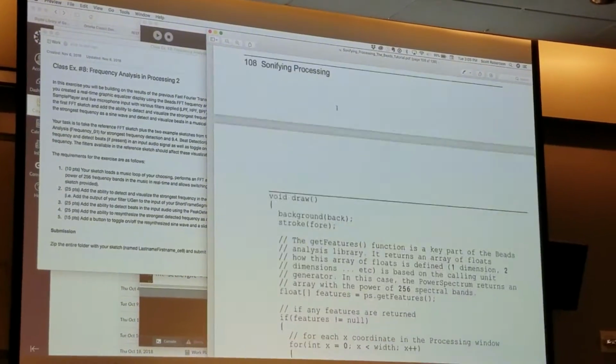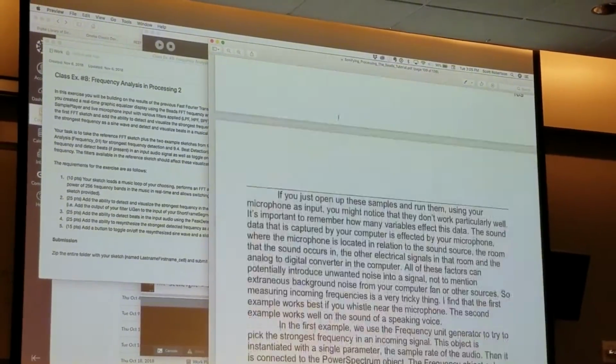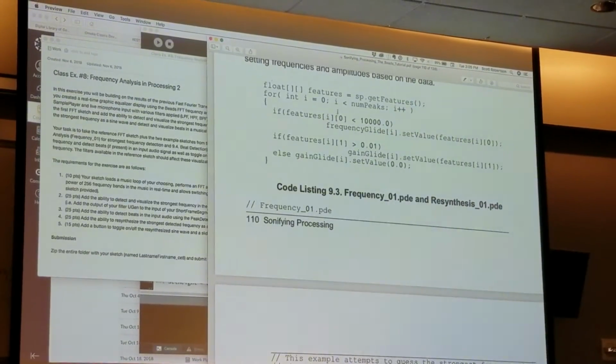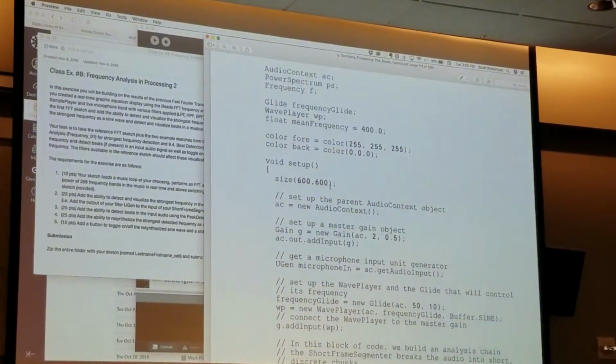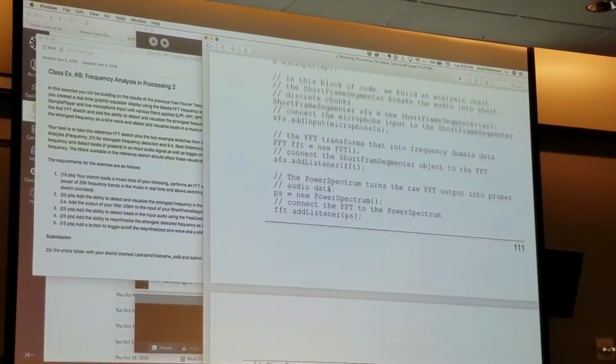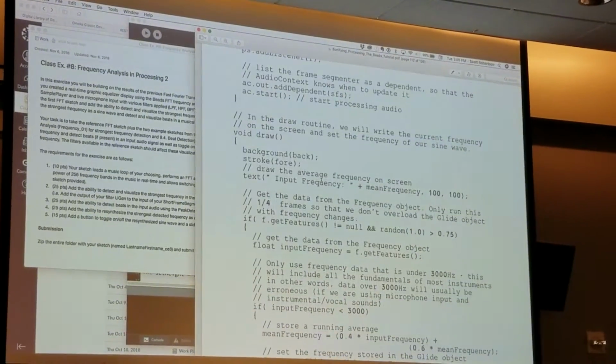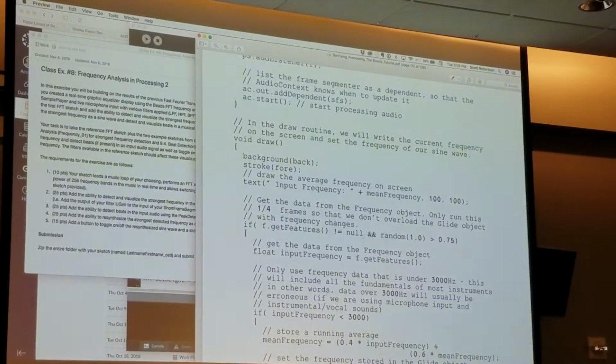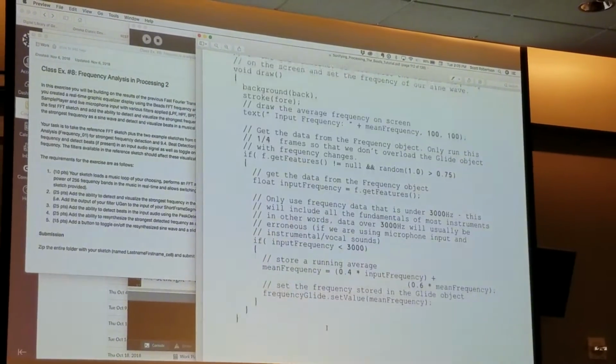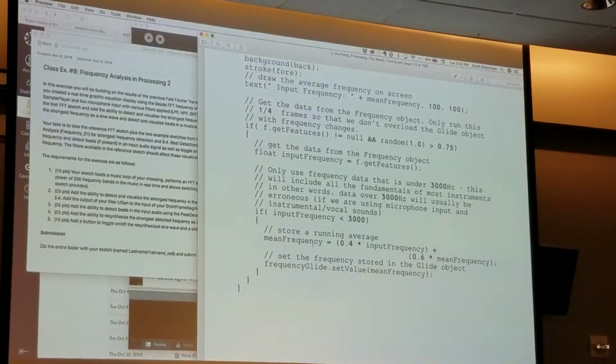I think it's 9.3 that does the additional analysis where you pull out the strongest frequency. Yeah, this is it. Look at 9.3, especially the main draw loop, where it computes a